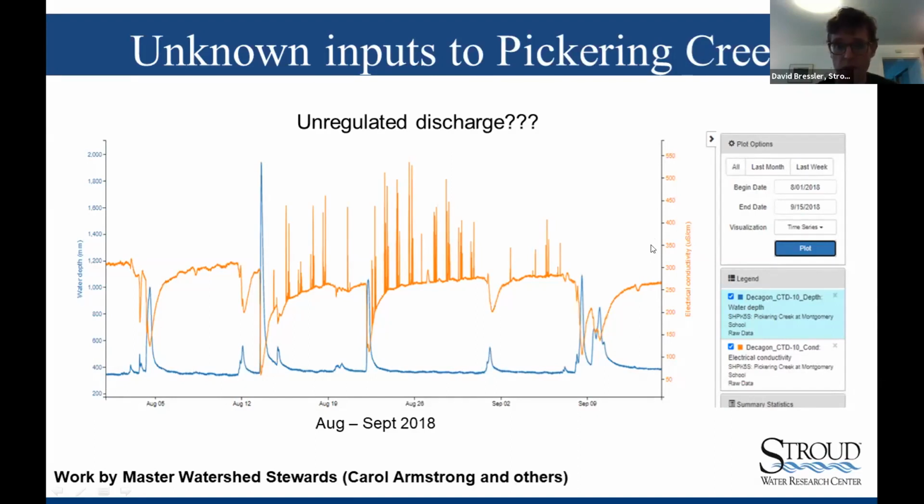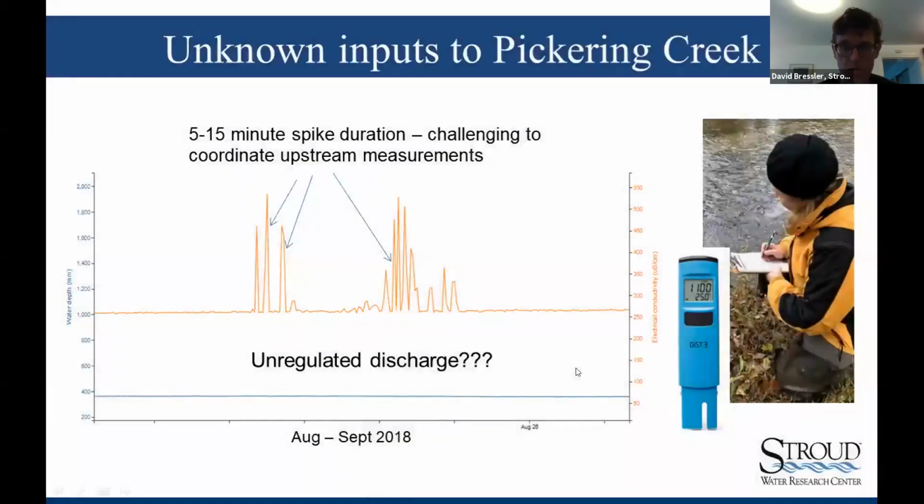to 550. So Carol Armstrong, a master watershed steward in Chester County, along with some others, I think George may have been involved with that, went out and tried to time it so that they were measuring upstream at likely sources with a handheld meter to try to identify where these increases were coming from. But it's kind of hard to pattern that, because you've got multiple potential areas to look at, and you have to time it according to